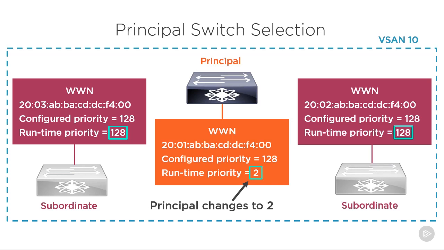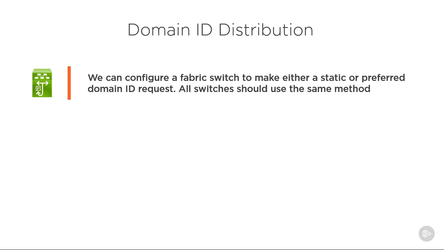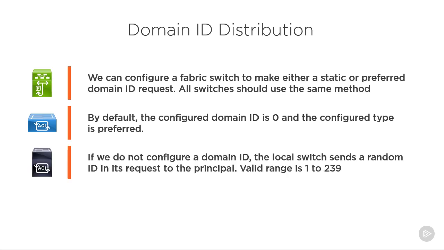When it comes to domain IDs, we can configure a fabric switch to make either a static or a preferred domain ID request. All switches in the VSAN fabric, or Fibre Channel domain, should use the same method. By default, the configured domain ID is 0, and the configured type is preferred. If we don't configure a domain ID on a switch, then that switch is going to send a random ID in its request. Hey, can you give me